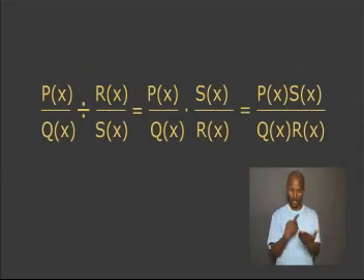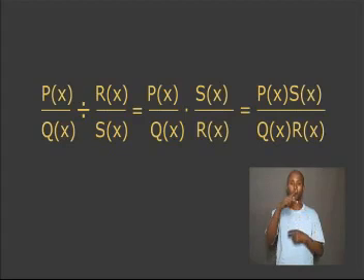Then we flip the divisor and multiply. The result is the product of P of x and S of x over the product of Q of x and R of x. Now we will do an activity to help us remember how to add,